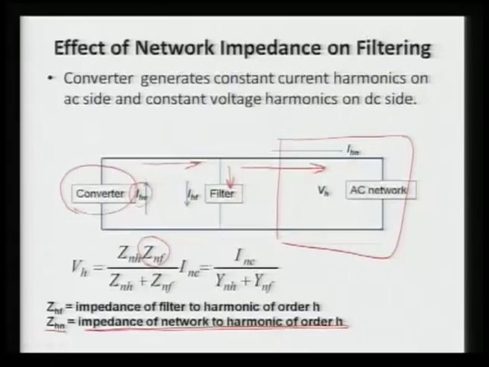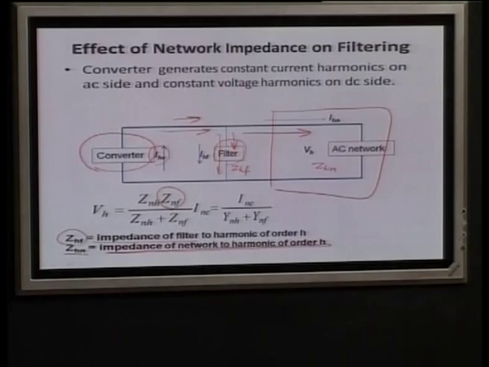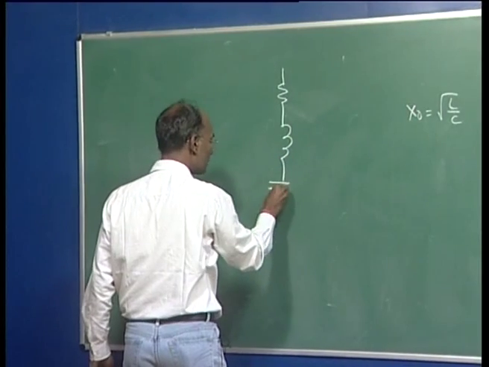So, that is why here it is written, if the impedance of the filter is HF, this is your HF, and this is your HN impedance. So, this current which is flowing here, that is your harmonics component of any harmonics component, it is divided into two parts, one through the filter, another through your network. No doubt we are devising the filter so that it should provide the minimum impedance. One option for the minimum impedance, if going for the tuned filter, let us suppose you have this resistance, this inductance, this capacitance here.